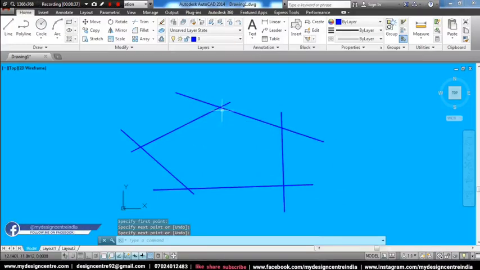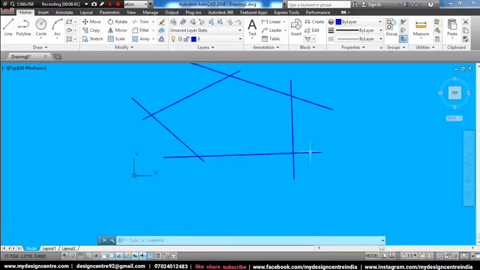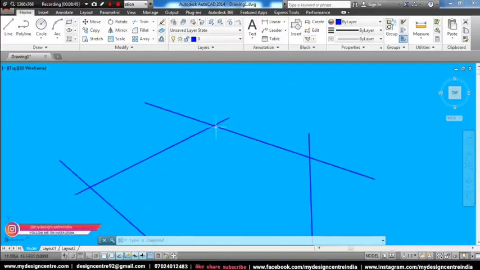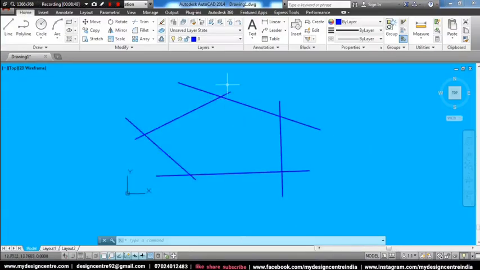Now if you want to trim this external unrequired portion of this geometry, this can be done by the previously learned trim method, but it's better to go through some advanced options given in the trim tool. So let's learn how it works.